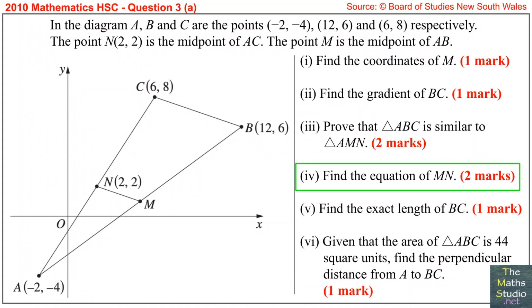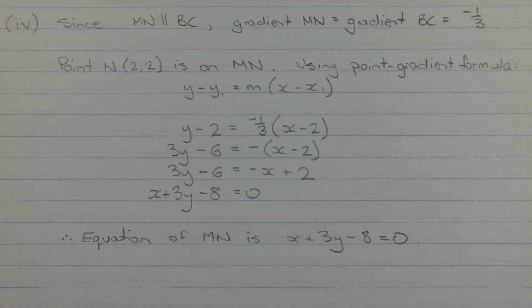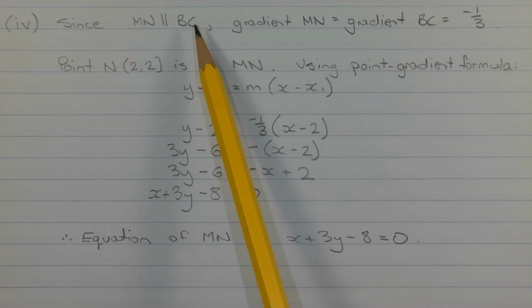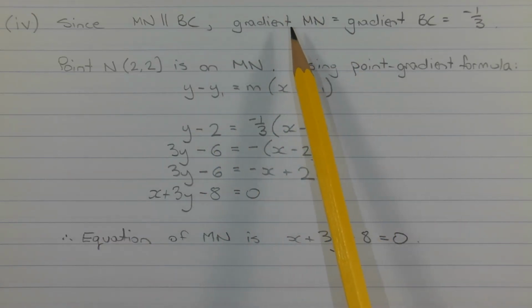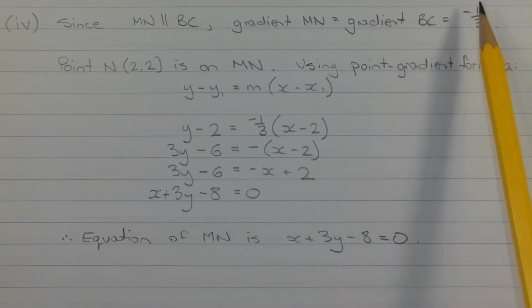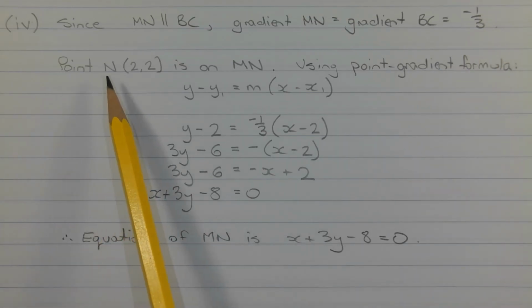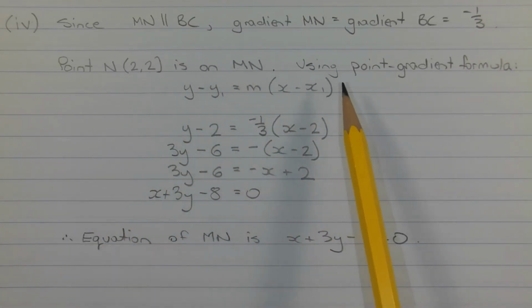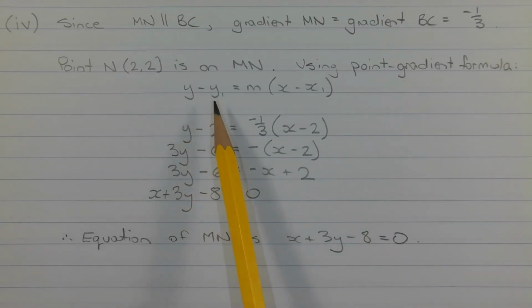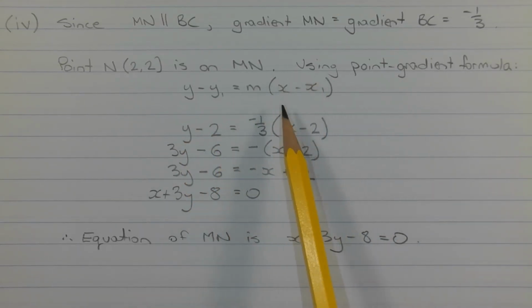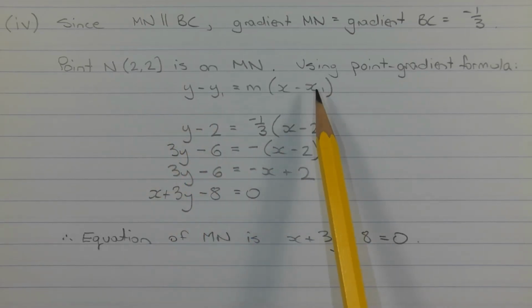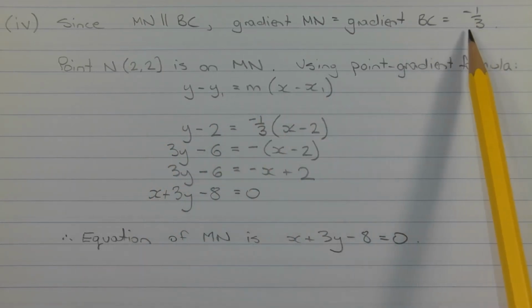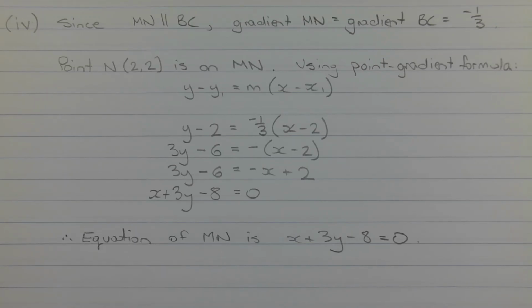Part 4. Find the equation of MN. Since MN is parallel to BC, which we've proven earlier, the gradient of MN is equal to the gradient of BC, which equals -1/3. Now the point N (2, 2) is on interval MN. So using the point-gradient formula, y minus y1 is equal to m times (x minus x1), where y1 is equal to 2, x1 is equal to 2, and m is equal to -1/3. So substituting those values, we have y minus 2 is equal to -1/3 times (x minus 2)